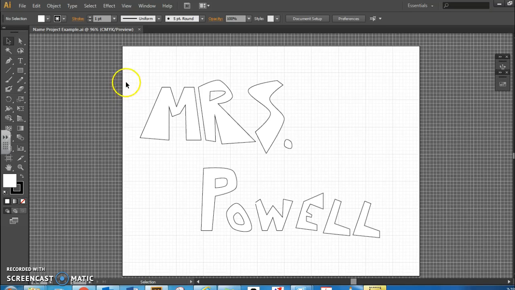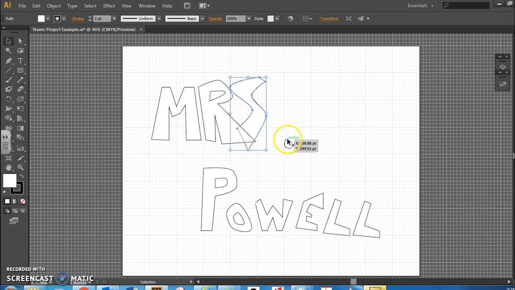So after you have your name all drawn out, you're going to want to adjust to fit it into the size well. Make sure first you have your direct selection tool. And I'm first going to play around with the corners of my M until I have it looking how I like it. Maybe I'm going to grab the selection tool and pull the S to overlap a little bit. That O. I want this S actually to be